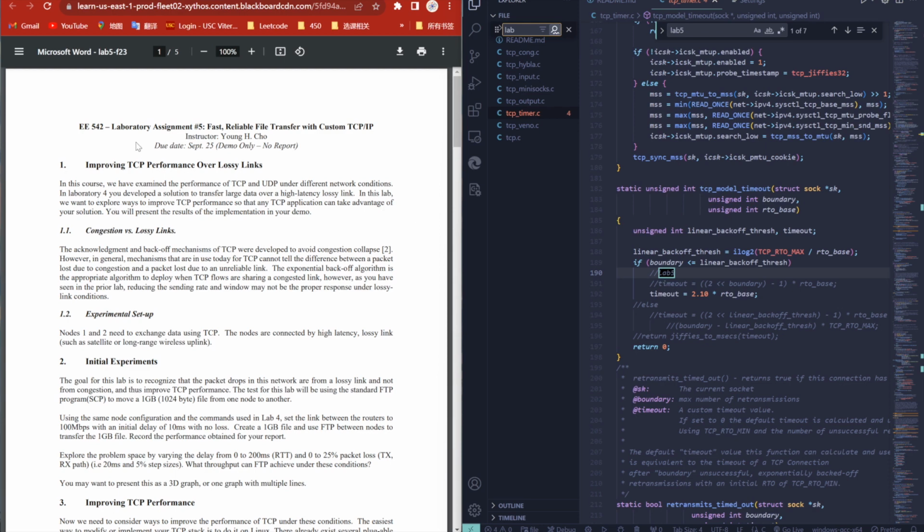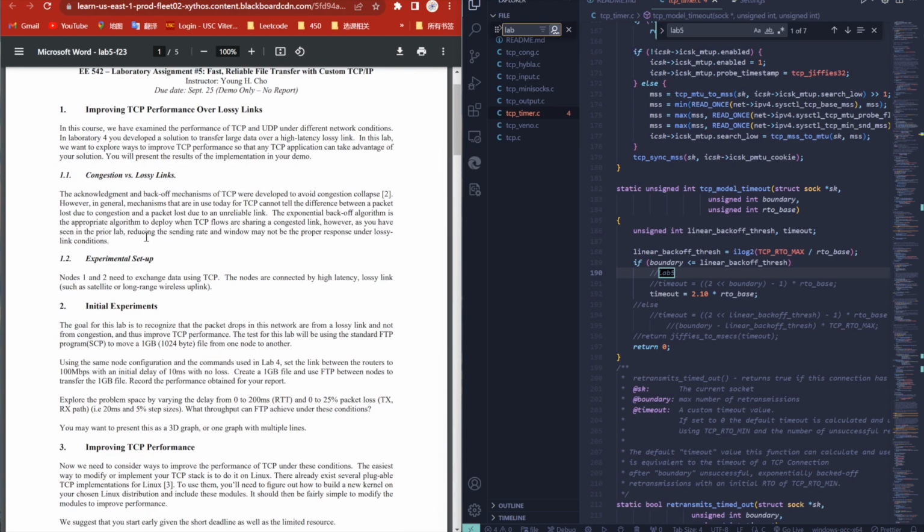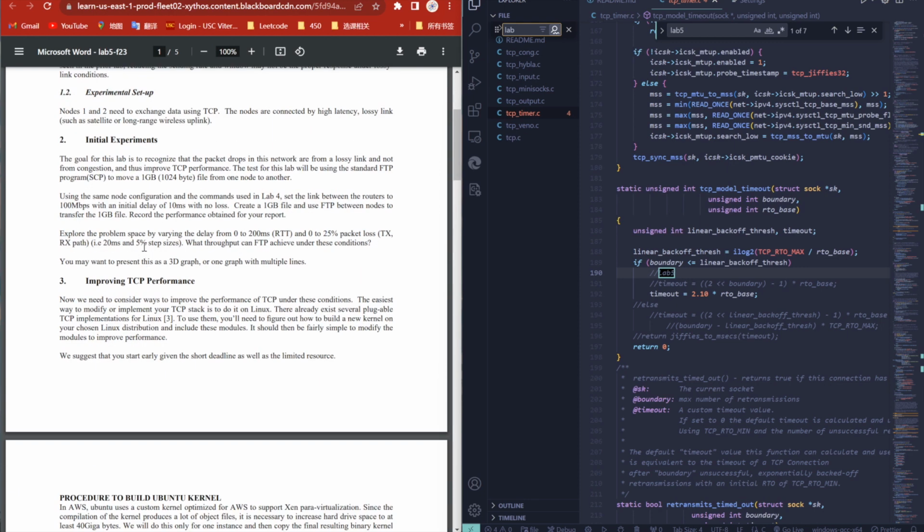So first, this lab is mainly for fast, reliable file transfer with custom TCP or IP. We'll first set up the experimental setup, and we have done some initial experiments using AWS,